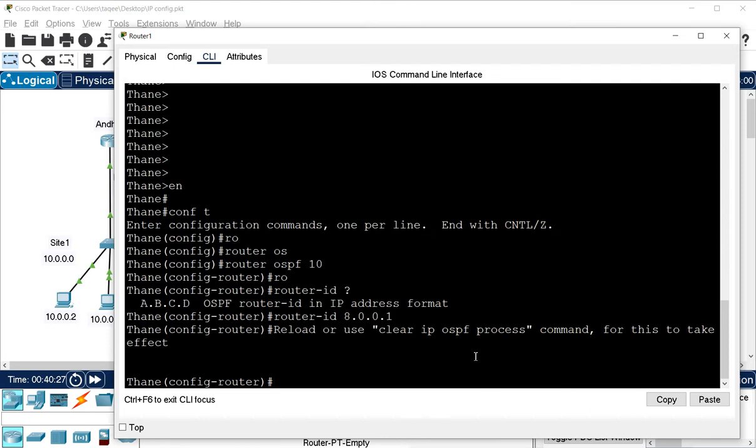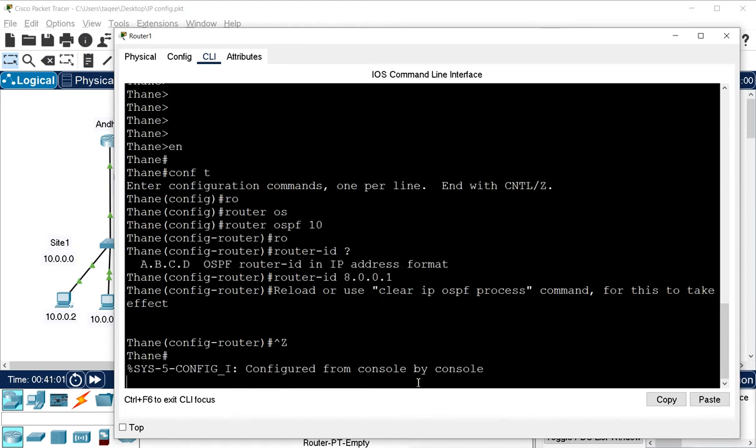Now when I run this, it says reload or use the clear ip ospf process command for this to take effect. This router ID is not going to take effect unless we reboot the router, or if we don't want to reboot the router, then we can just clear the OSPF process. So it will recalculate everything and recalculate the router ID, and then based on that it will recalculate the DR and BDR. So clearing the process or reloading the router, two options we have. If you don't want to reload the router, then you can just clear the process of OSPF, and you can do that by running this command